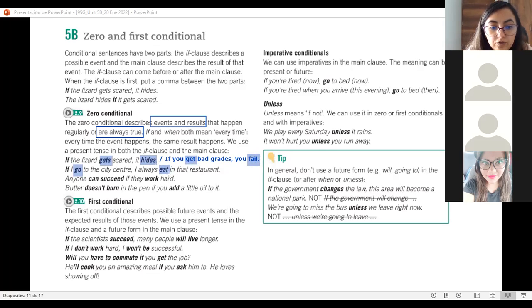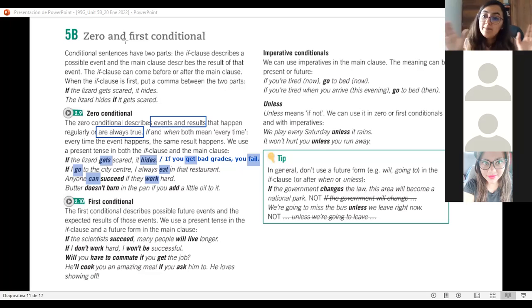Are they in future? Are they in past? Are they in present? What do you think? Present. Exactly.